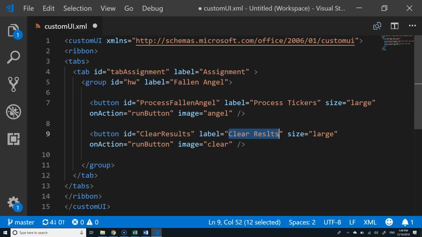Yeah, it's called run button. Oh, in this case, they both run the same, so that would be kind of a bad question, because it's the same no matter which one you look at. So how can these two buttons do different things? No. They do. These buttons currently in this workbook that we took this from, they currently do two totally different things, right? One processes tickers and one clears results. How could that possibly be?